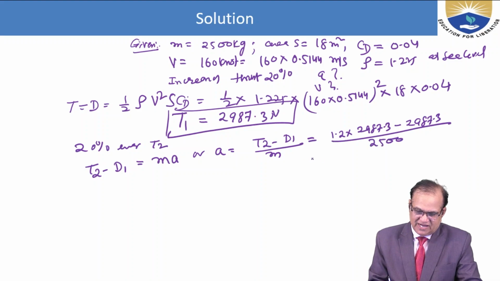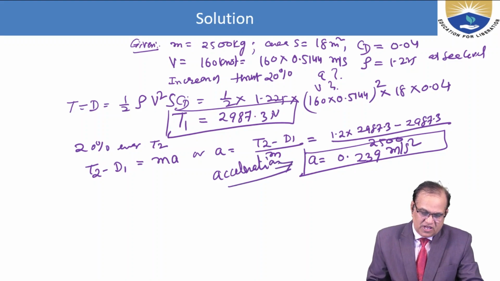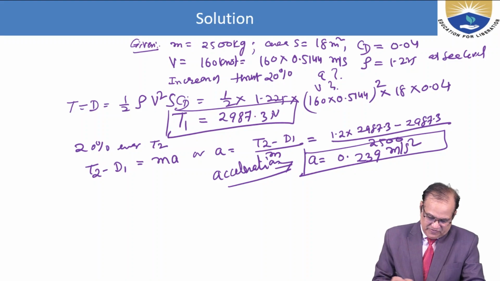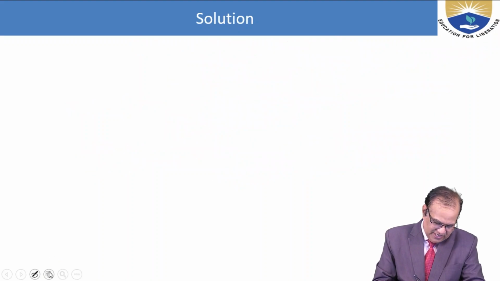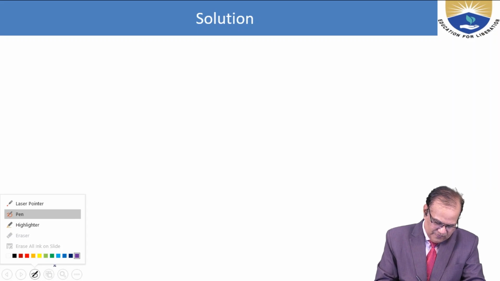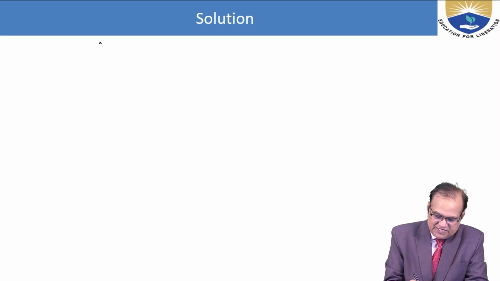So you will get here A is equal to 0.239 meter per second square. So this is the acceleration. This is the answer for the acceleration. Now this acceleration will increase the velocity. So now I will go for the next color. I will go black. So now this acceleration